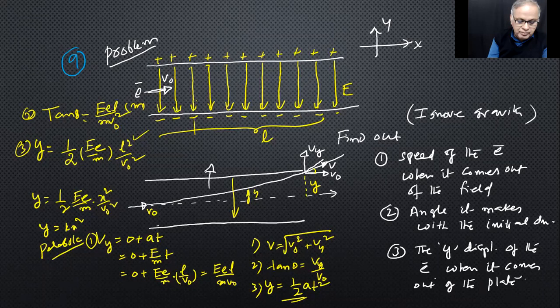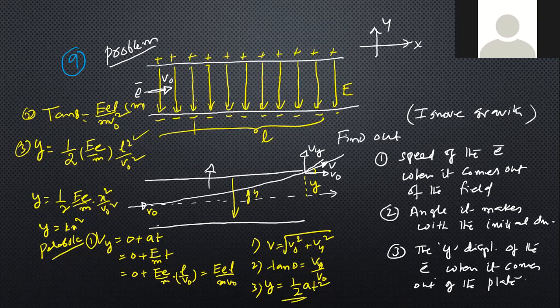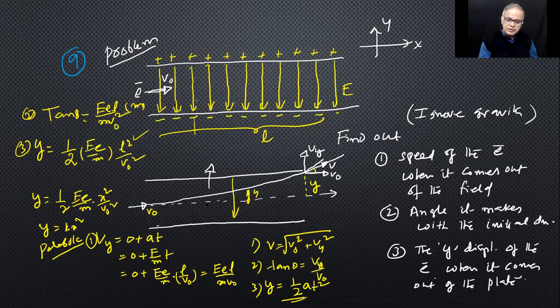Can I continue further? Yes, sir. Hi, Sudev. Sir, where did that X come from? I told you x is some general x, not L. Why did I do this? I want to show you that the path is a parabola, because L looks like a constant. People may not understand that we got the equation of a parabola.